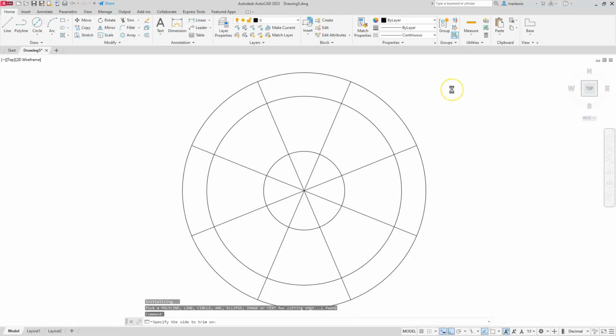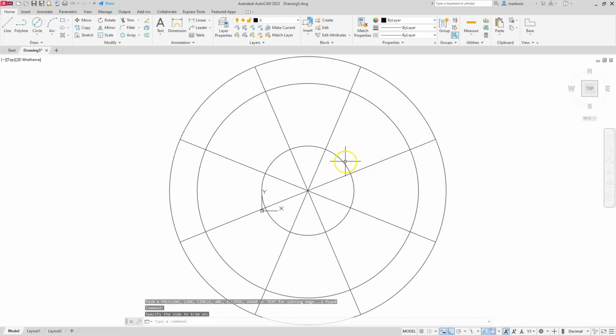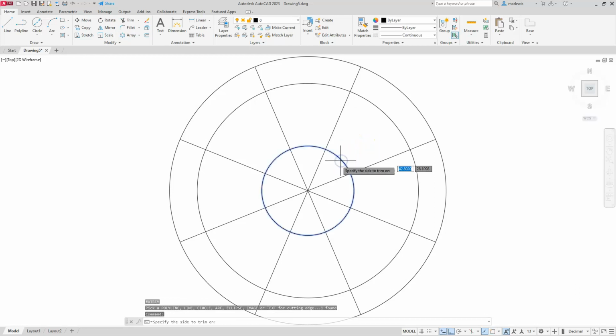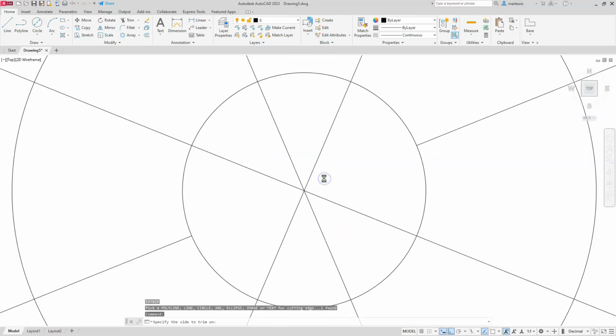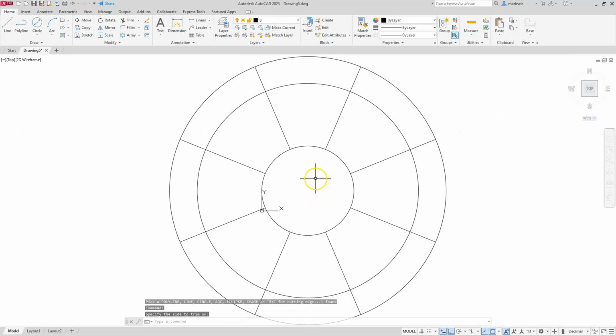should be gone. And what we're going to do after this command is that we're going to repeat this same command and do the same on the inside. So I'm just going to hit the enter button. That's going to take me back to EXTRIM. I'll select this circle. And then I'm going to click on the inside, and it's going to do exactly like it did before on the other ones. It's just going to work its way around here and trim out all of the lines. Okay, then I'll give that one more second. All right,